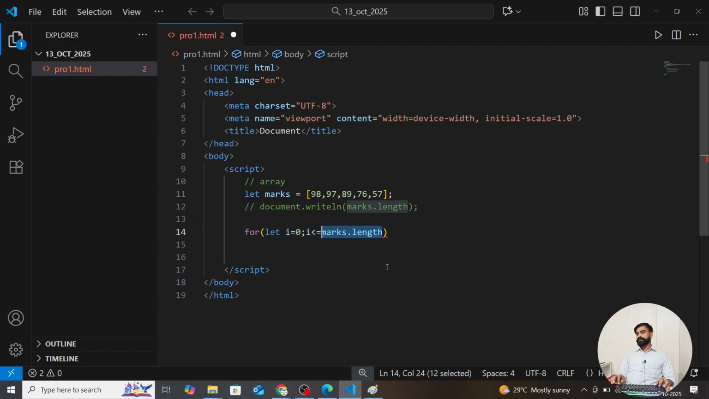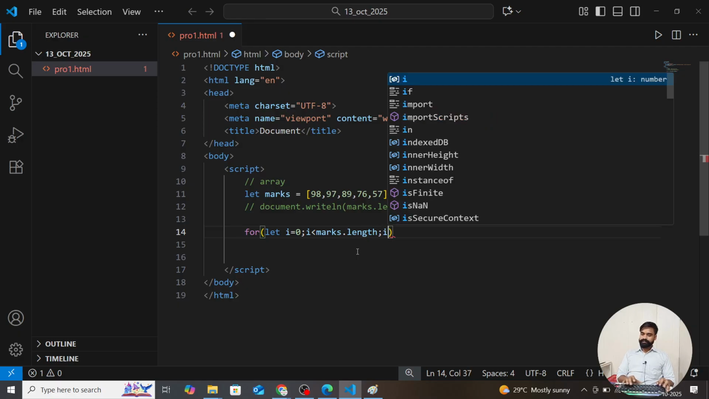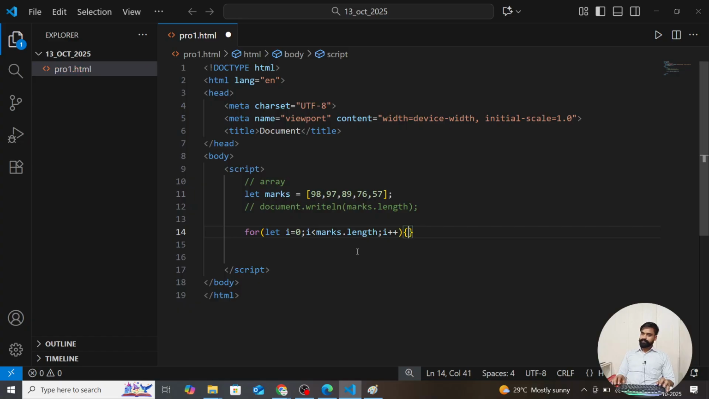I will get 5, but we don't need to reach i up to marks dot length. That's why I will use less than instead of less than or equal to. At the end of this, we increment i by 1. Now we have a for loop available, and I want to create an h1 element, or just an h2 element,